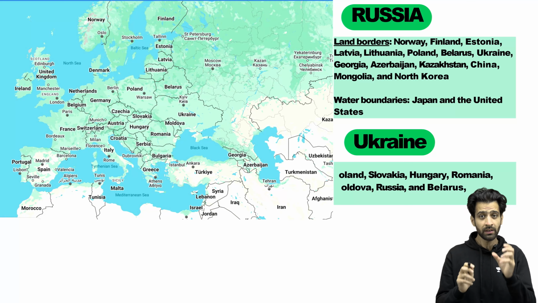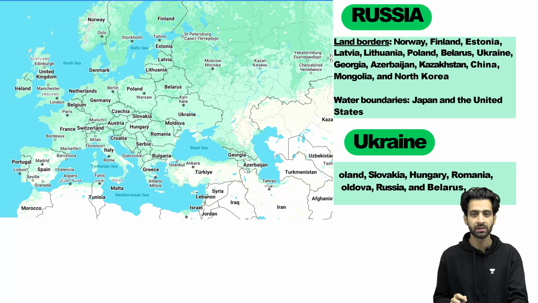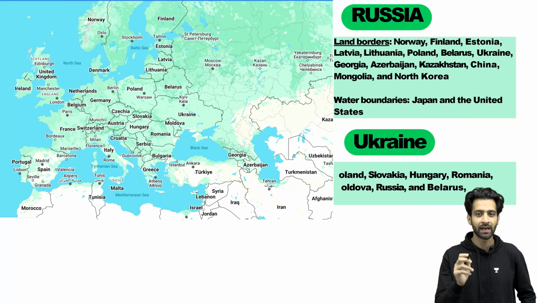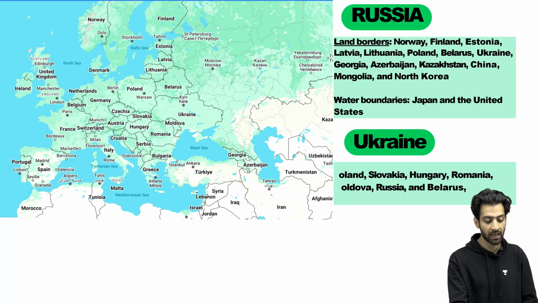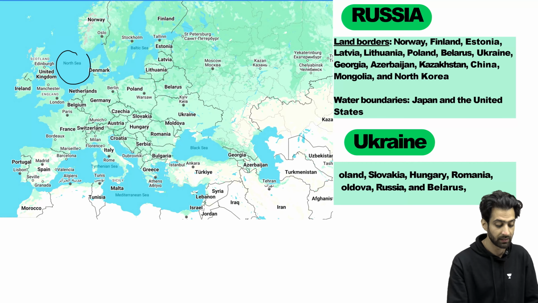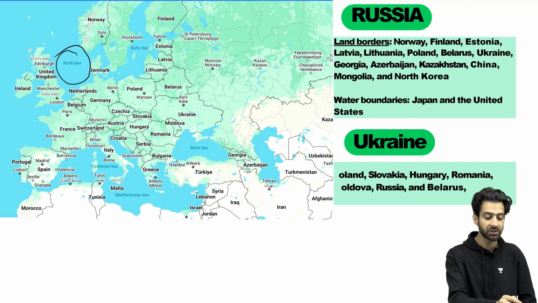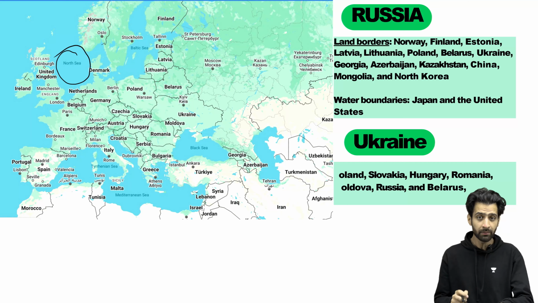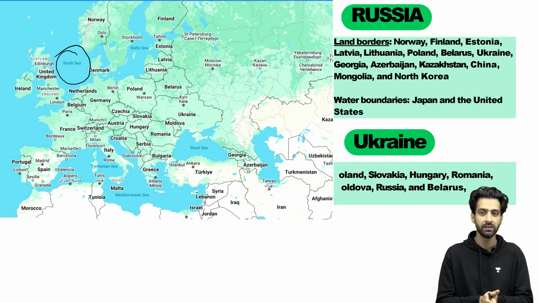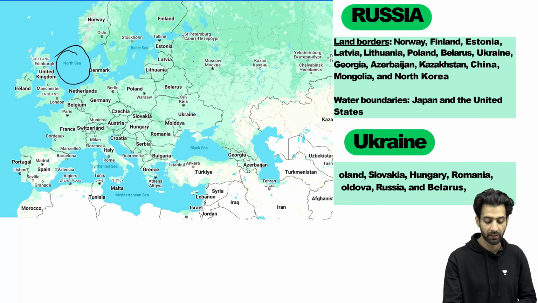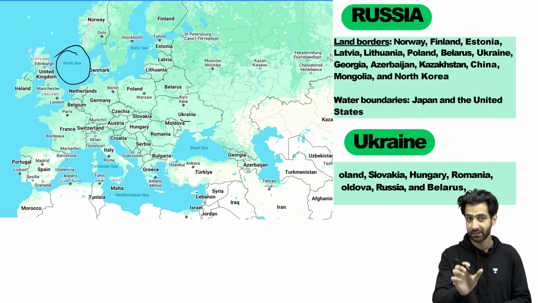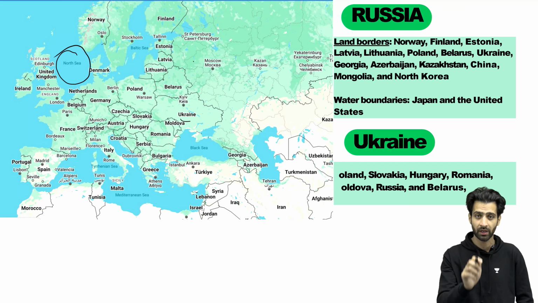Now, because the UPSC has a habit of asking questions from places in the news, if you look at the 2024 prelims paper, there was a question asked about the North Sea, this region that I am marking here. It asked to tell the countries that share a border here, that touch the North Sea. This time there is a very good probability, because of the visit of Prime Minister Narendra Modi, that a question might come from Russia or Ukraine. So I have given you a list of the countries that share borders with Russia and Ukraine.